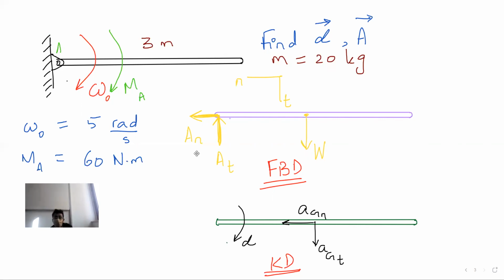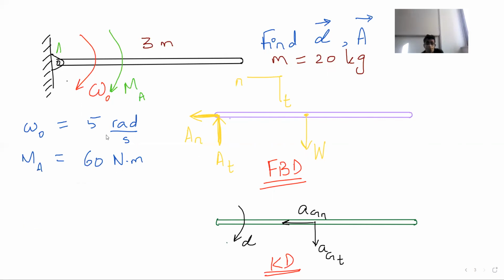Now, take me through all the steps, everyone. Number one, what should I do? By the way, in the last class, if you remember, I ended the class by asking that question. I'm not even sure whether you remember that we were pulling via string. There was this giant wheel and there were four masses attached, and the four masses were going like this. I asked this question, why did we take into account only four masses? Why not the mass of the pulley? Because the mass of the pulley was apparently negligible. That's why in that question, only four masses come into the picture in the equations. Anyways, now that we have understood that,